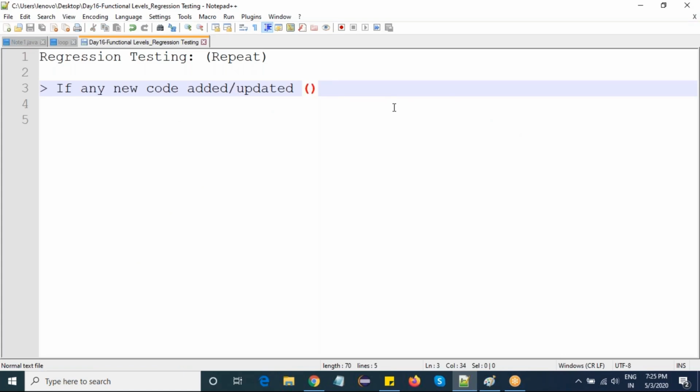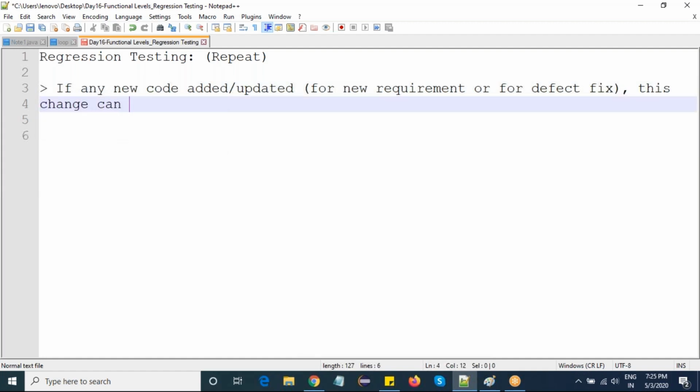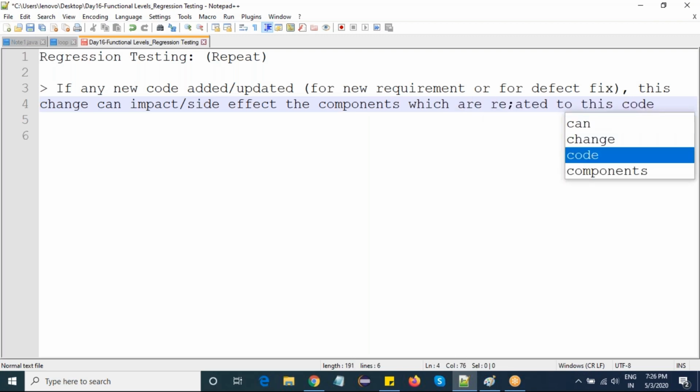If any new code is added for a new requirement or for a defect fix, this change can impact or side effect the components which are related to this new code.